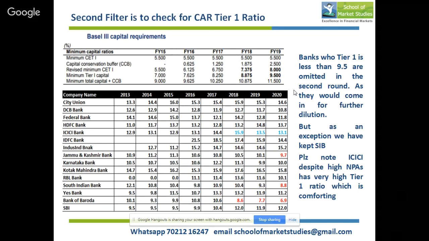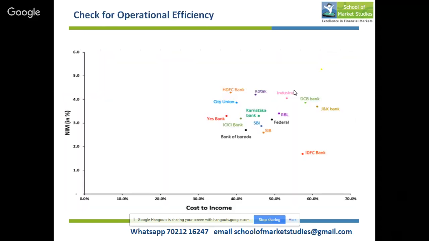And again, what happened in this picture? IDFC Bank was eliminated, and we eliminated Bank of Baroda too. So what we are left with is HDFC Bank, Kotak, IndusInd, City Union Bank or CUB,